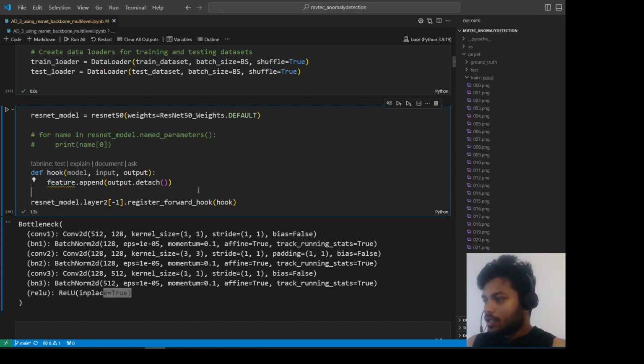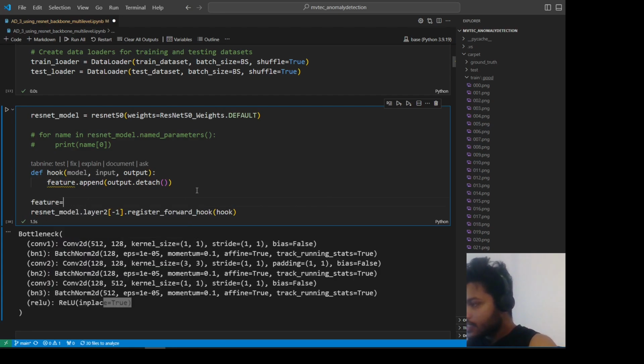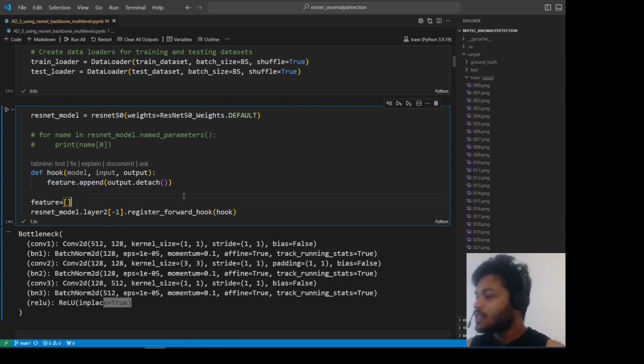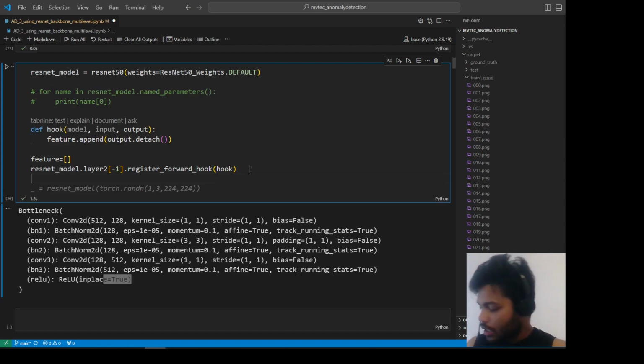We also have to initialize this feature list, otherwise we'll get an error, because whenever we call this model, it will call this hook, and if we haven't defined the feature list, it will give us an error. So we have to define an empty list. Then we just do the forward method, or we just do the prediction, and the output from this particular layer will automatically get appended to this empty list. We attached our hook, we defined our hook. Now we just have to